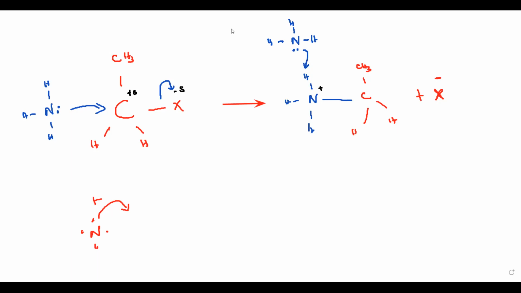As a result, one of the hydrogens is removed. When that hydrogen is removed, the nitrogen will have 3 bonds. And when it has 3 bonds, it is stable and there is no charge on nitrogen now,